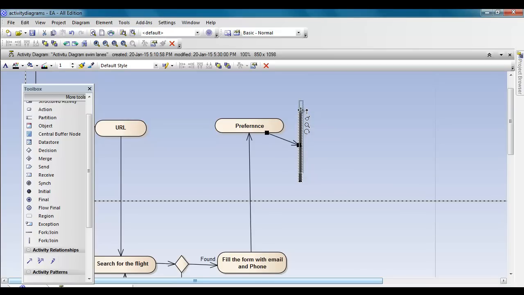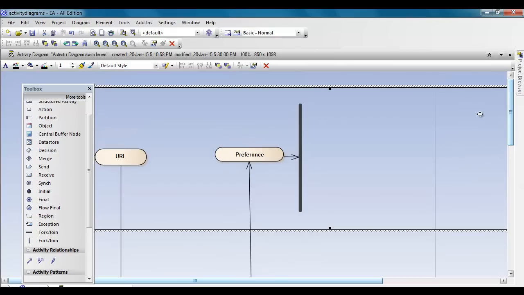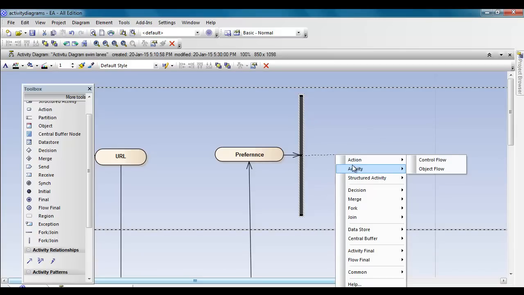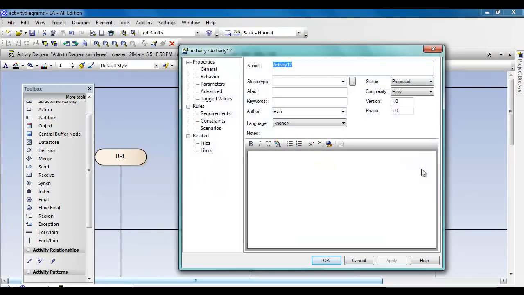I need to make it a little bit bigger, still bigger, and to make it in the center. And then from the fork I can say activities, seat preference,